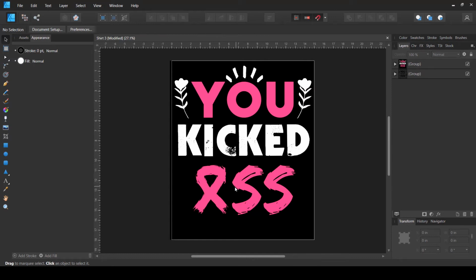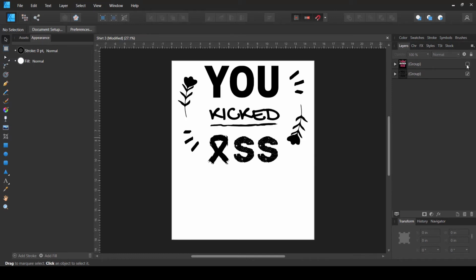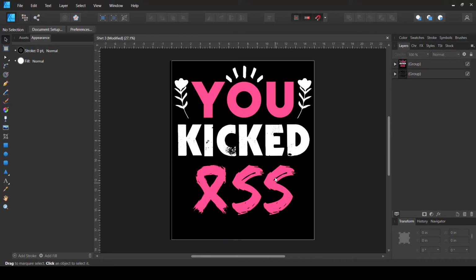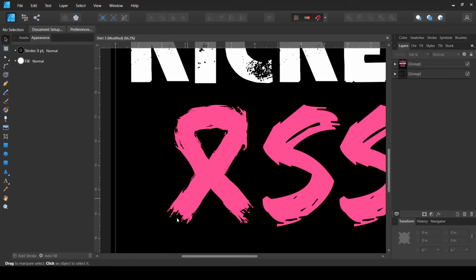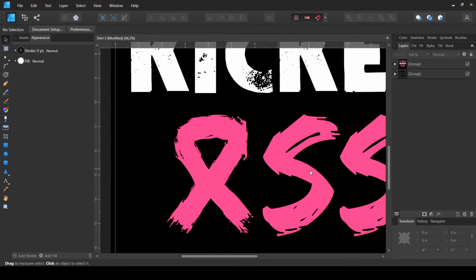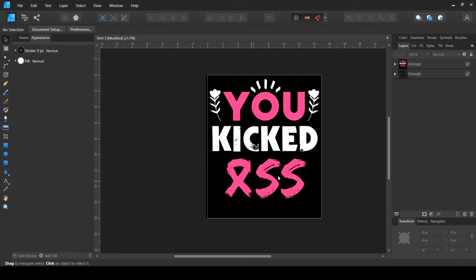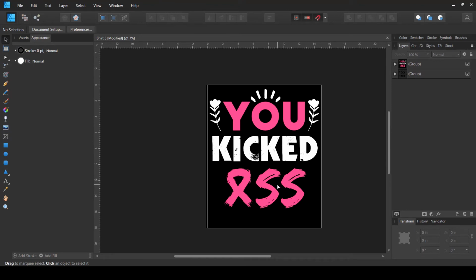And for the last word, I used the same kind of font, a little bit different. I use the same ribbon, but I slightly used a font that would match the style of the ribbon. So if I zoom in a little bit, you can see that it has these brush style endings, and this S and the other S have the same kind of endings. So I wanted to keep it more in coherence with the ribbon design.